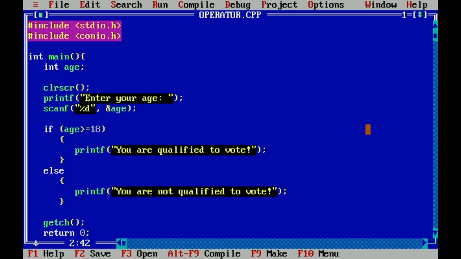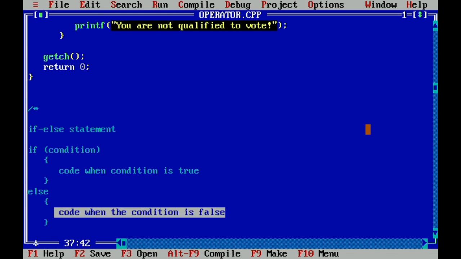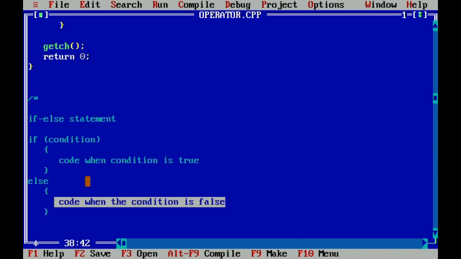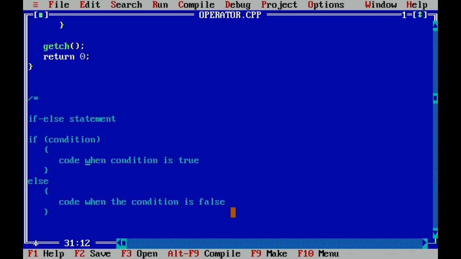To create an if else if statement, it's similar to your if else statement. Right after here, you still have your if condition, the if and then the condition. This would be the first condition, condition 1. And then after that, the codes for when condition 1 is true. Now, if condition 1 is false, it will be followed by an else if statement. Else if. Then you have to create another condition.